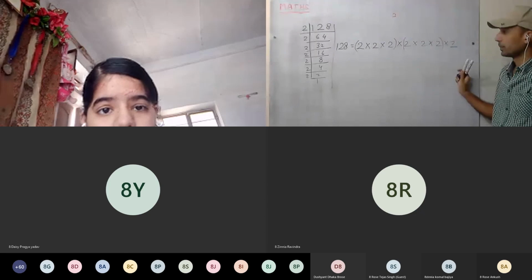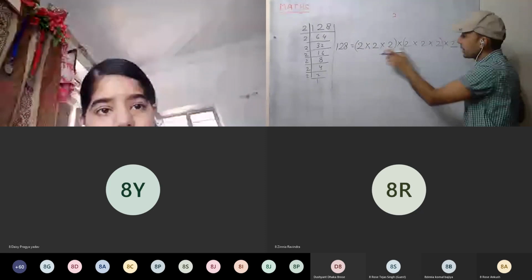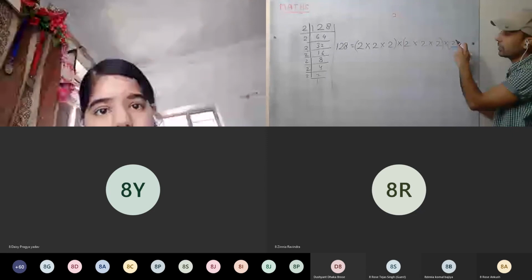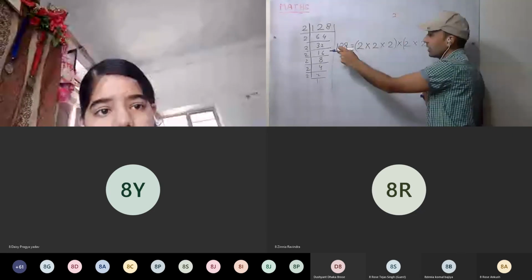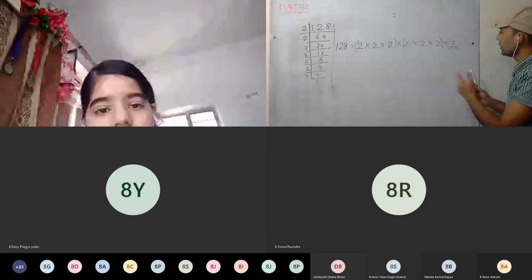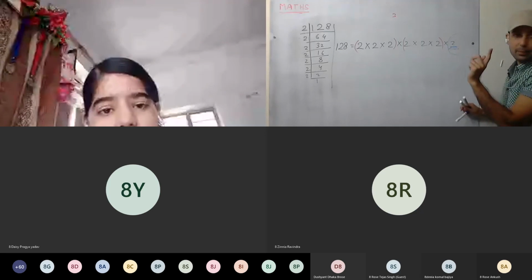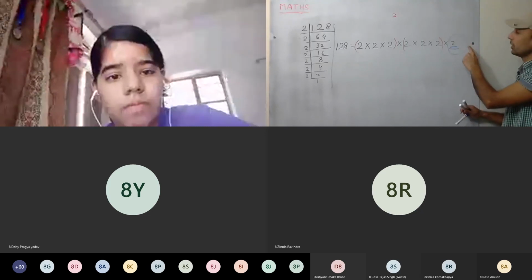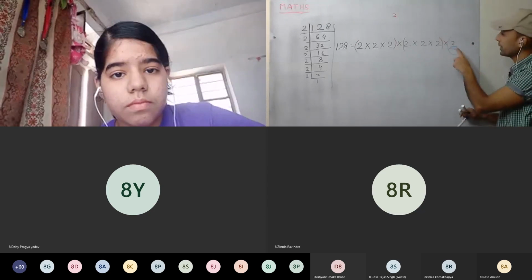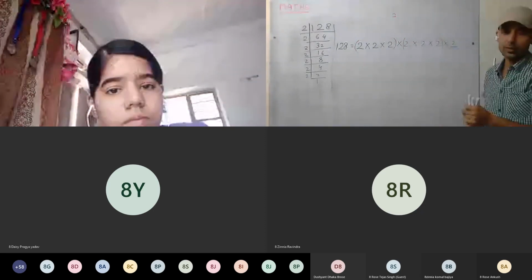It is not a perfect cube. All the prime factors must be in triplets. So these are in triplet, these are in triplet, but this is not in triplet. Because of that, this is not a perfect cube. Since this factor is single, only one time it is appearing, it must have appeared 3 times so that we could have formed a triplet, then that number would have been a cube. But since we are having a single 2, 128 is not a perfect cube. Have you understood this one?